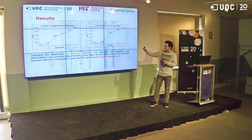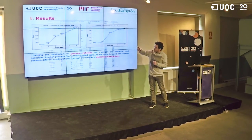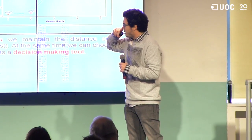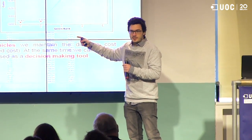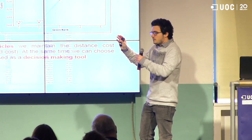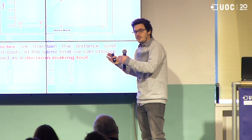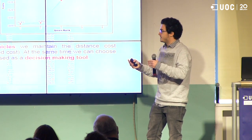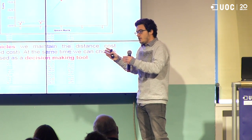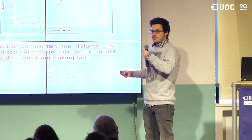We have this green rank that we said we had. For example, you know that in the first picture you have 180. This means you have 1 electric vehicle, 1 hybrid one, and 0, for example, ignition ones. And then when you are changing this configuration, you go greener, because the more electric vehicles you use, the better it is. And sometimes, if you use 1 ignition one, but you use more electrical ones, it's still better,